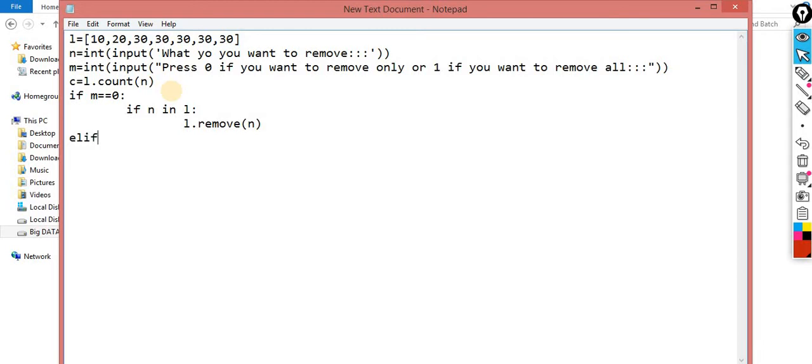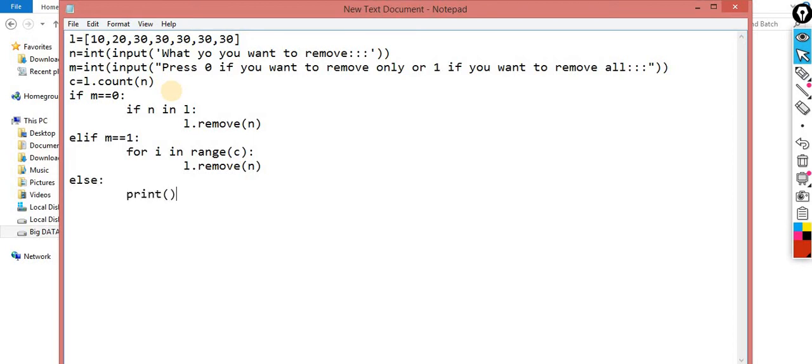Elif, again I am taking elif m double equals 1, if the person entered 1. So for the same, for i in range of c, count, you have to perform this thing that many times: remove of n. Else, item is not there.